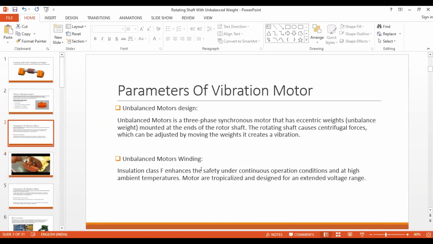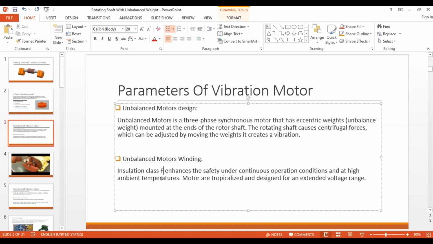Further moving on to the motor winding. Here, insulation class F enhances safety under continuous operation and at high temperatures. So what is this insulation class F? Every wire has some kind of insulation. Normally class F is used for low-powered applications like 0.25 horsepower to 0.5 horsepower, and where you need more vibrations, like in the coal mining industry, ceramic industry or construction industry,